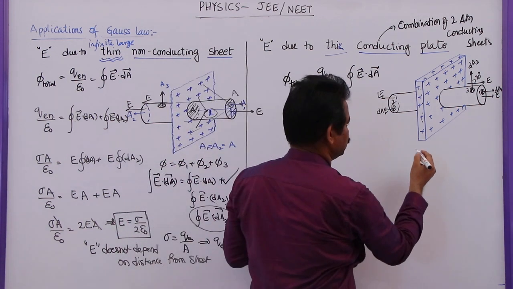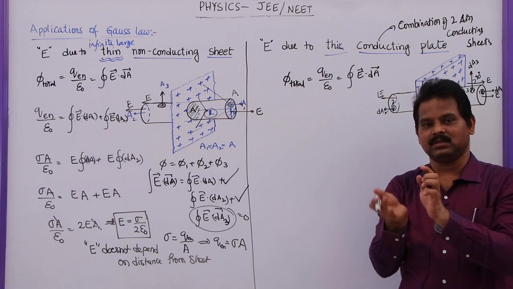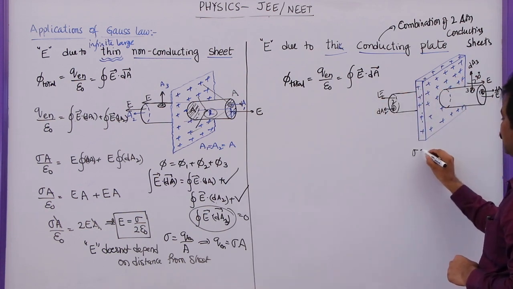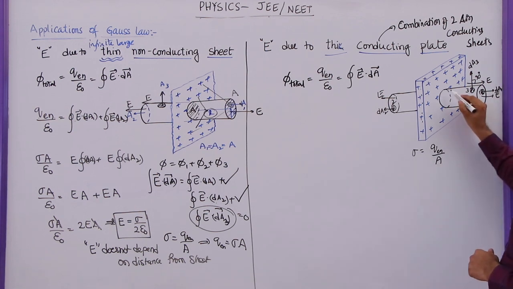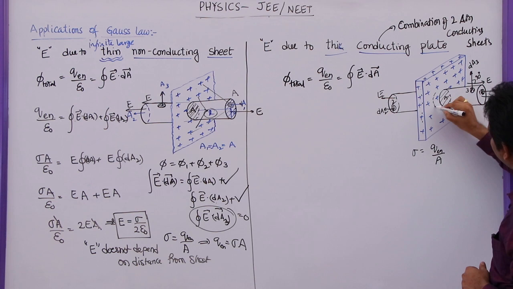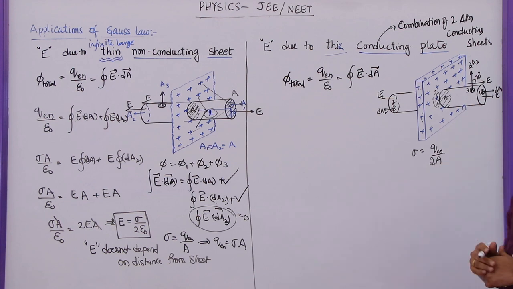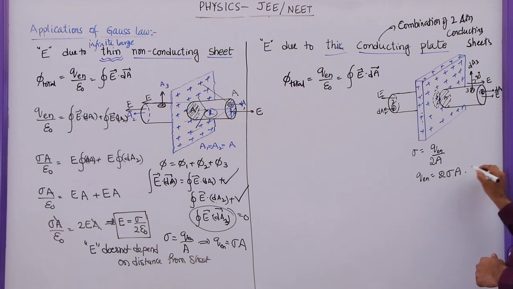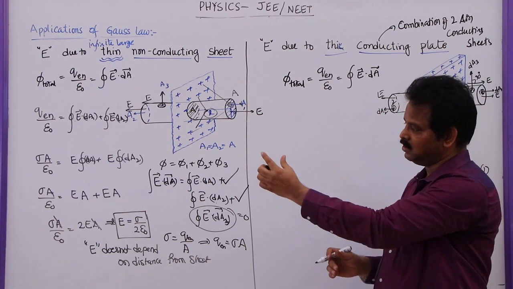So now what is the charge enclosed? Here, if you observe, for this plate the charge is spread on both sides. So what is the charge enclosed by this closed Gaussian surface? We can write sigma is equal to charge enclosed by area. Here on this side we have area A, and on the other side, the rear side of this plate, we have one more surface area where the charge is spread on the other side. So we should write this as 2A. So what is the charge enclosed? This is 2 sigma A. Let me take this as equation 1.